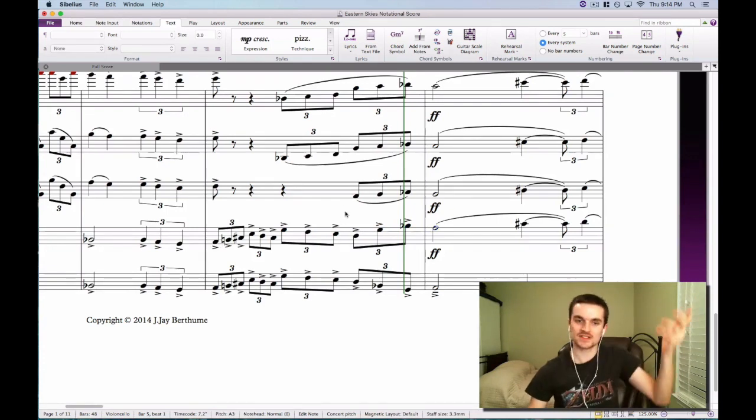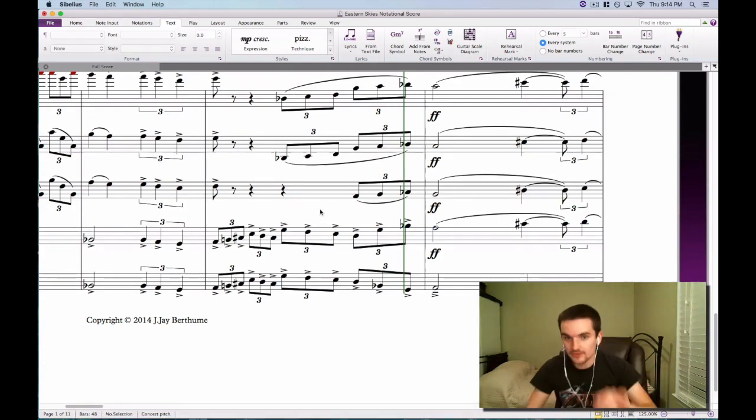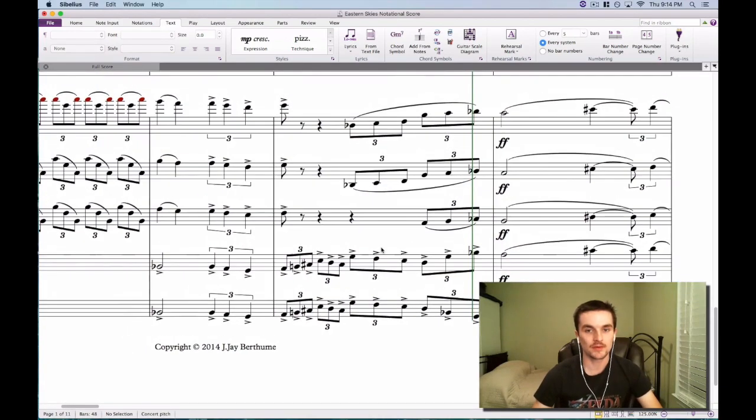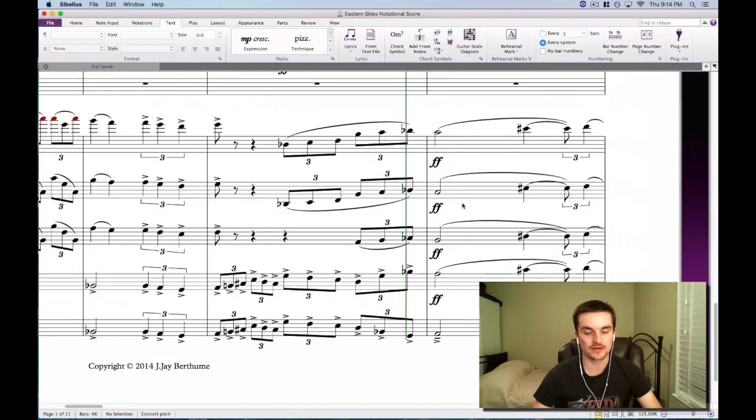Right. So little details like that. Always check for your horizontal continuity in the parts. So anyway, there's some terraced dynamics here where I give a second for the violas, and then they